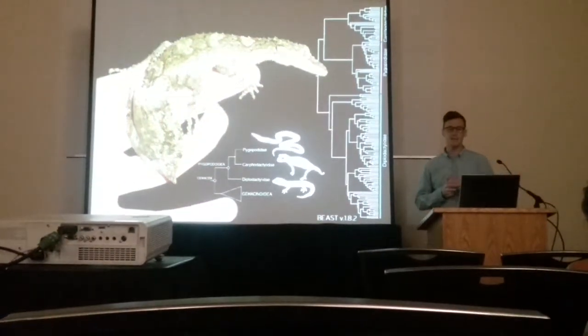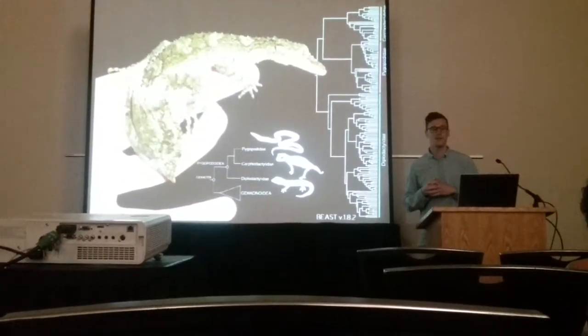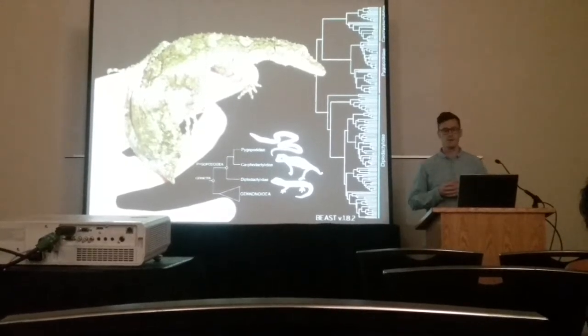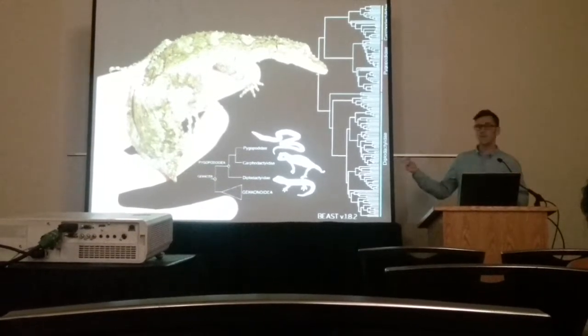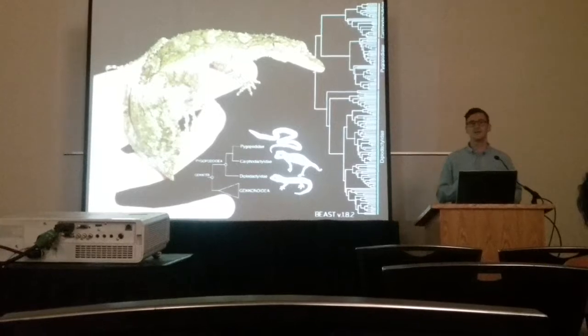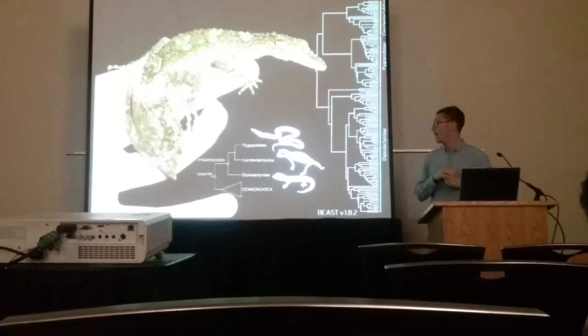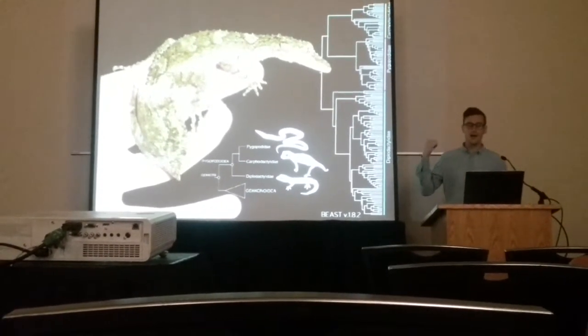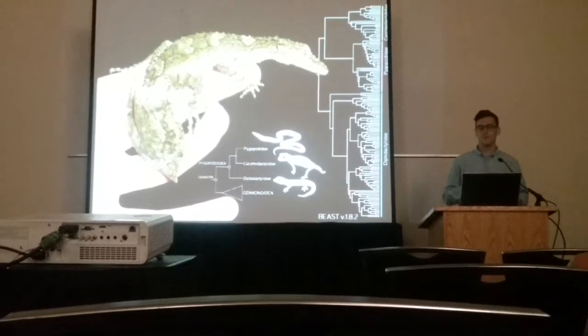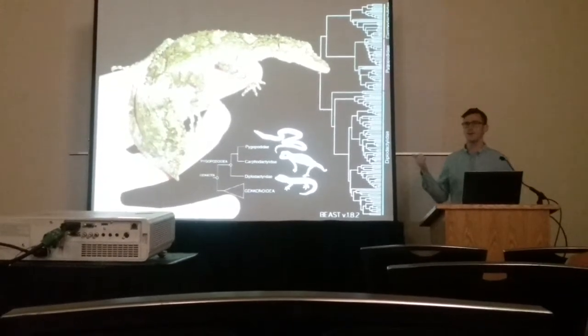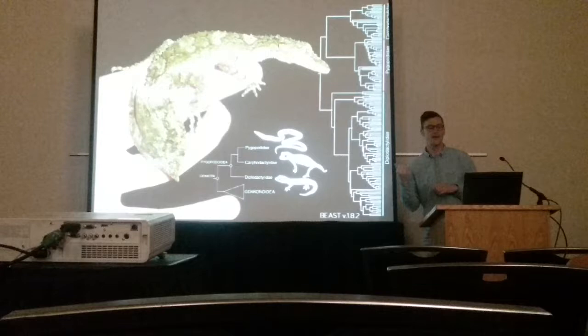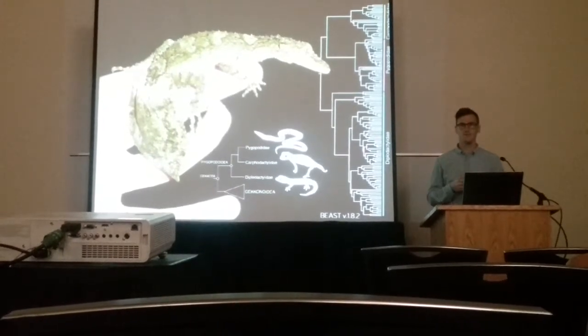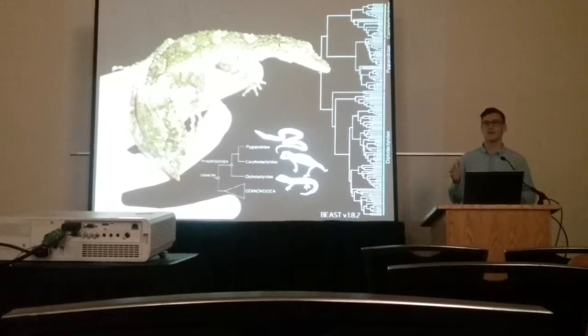So the first step is to put together a big phylogeny for this group of awesome geckos. We know from previous study that the pygopodids are the sister group to all other geckos. And so we used a mitochondrial and nuclear base for a fossil-calibrated tree that includes about 155 species and roughly 90% of the extant diversity in Australia.